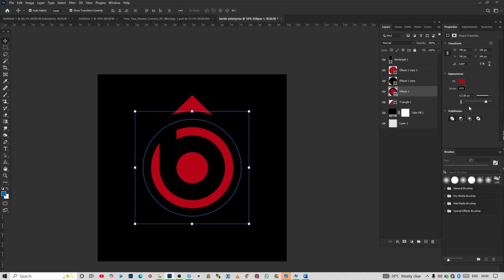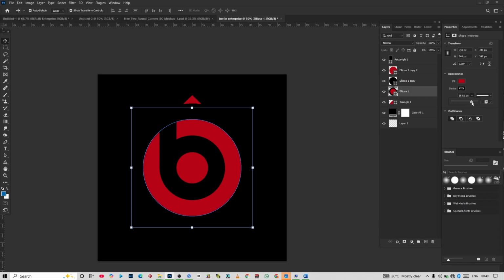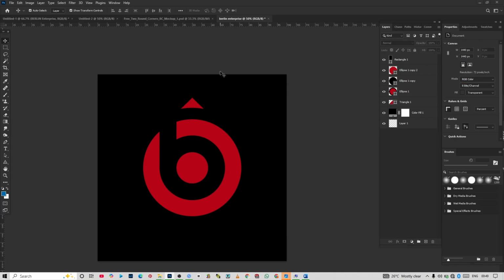Alright, so I'm going to click on this option here. I'm going to select outside. I want it to be outside. I don't want it to be inside. So we'll still reduce the size. That's too much. Alright, so I'm going to reduce the size of this. Alright, that's good. And now the next thing I want to do is, now if you take a look at